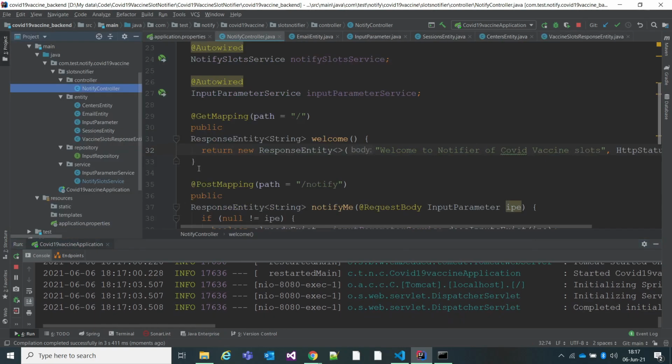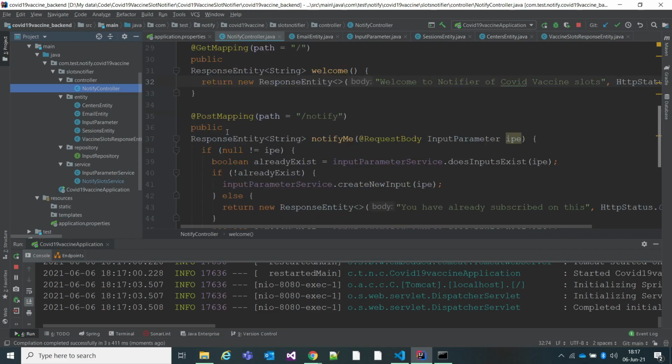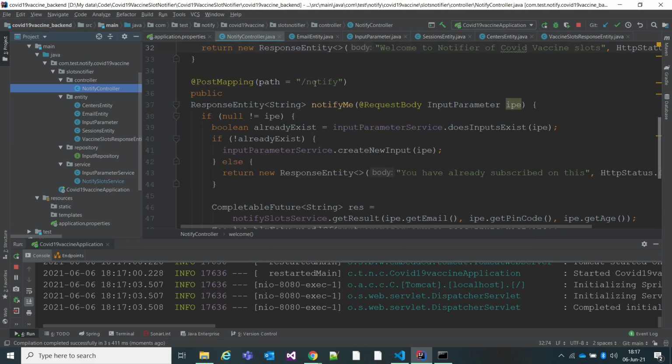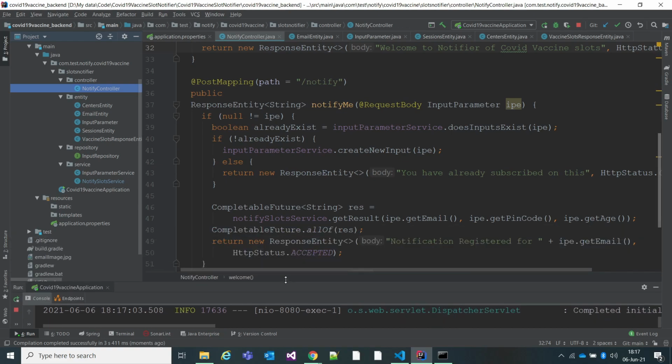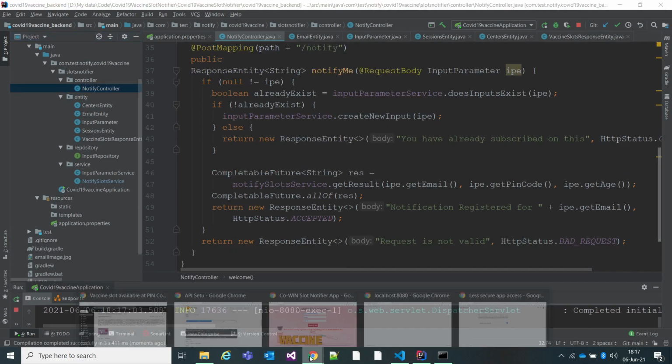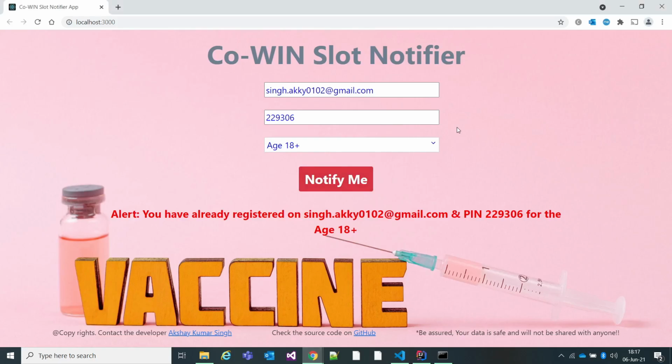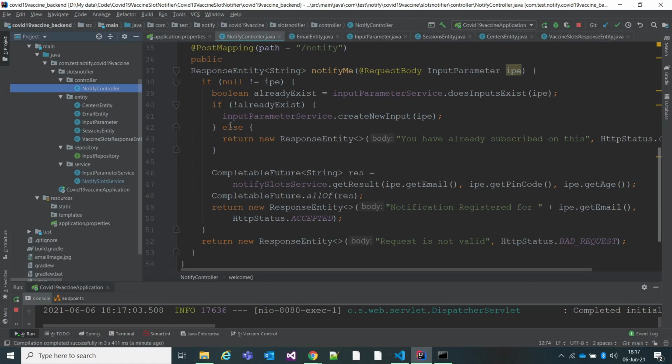And if I talk about the other mappings I have created: from the UI, which is our old UI, if you remember from our previous lesson, once the user clicks on notify me, all these details are persisted to the database. How is it persisted?